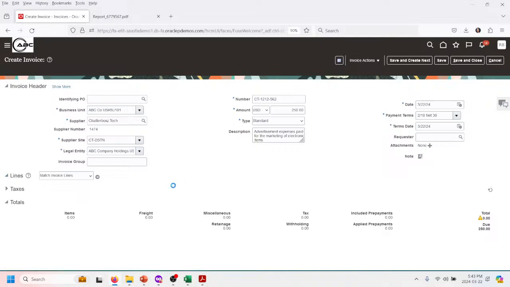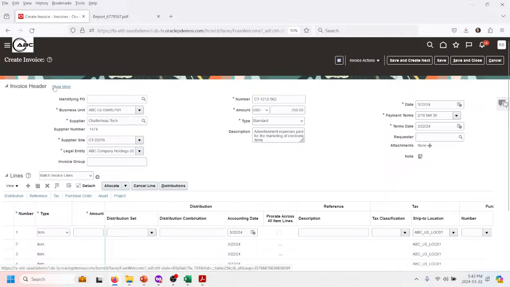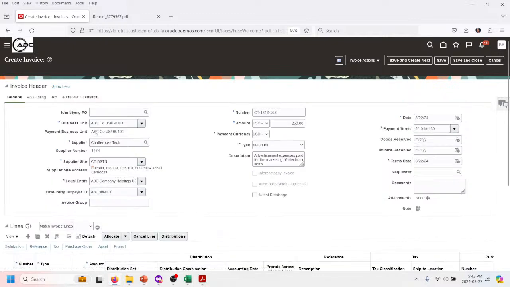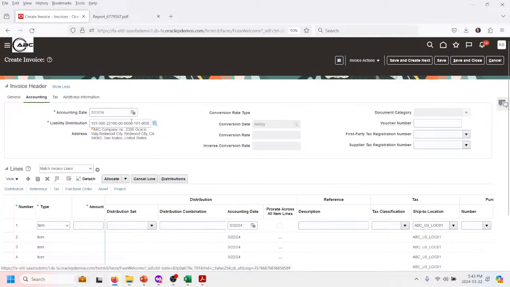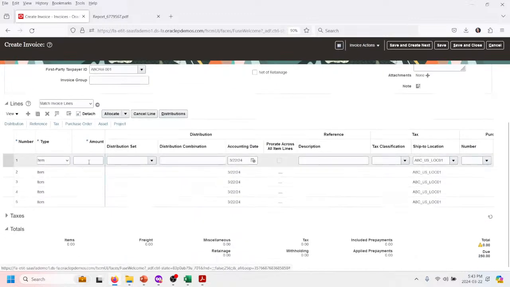Let's go to the line level. This is my header level. If we show more out here, if I go to the accounting, this is my liability distribution account and the accounting date is coming. Go to the general out here, provide the amount, that is 250, and